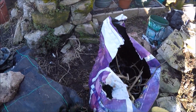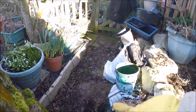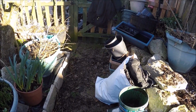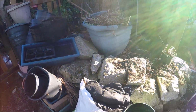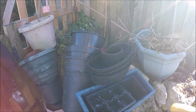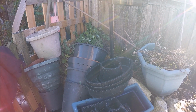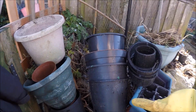The biggest problem is soil's got trampled all over the path and leaves, but all this is a bit frozen, so it's a bit awkward. So more rubbish, loads and loads of pots. I've got to sort out what I want. I'm thinning down the pots this year. I don't need as many, because I've got a load in a big plastic box, so I think I'm just going to sort out